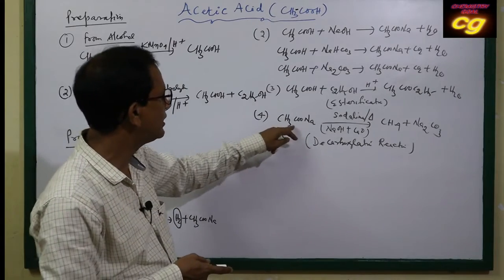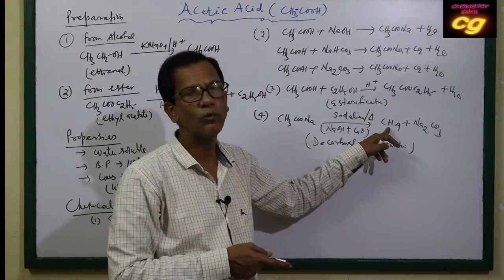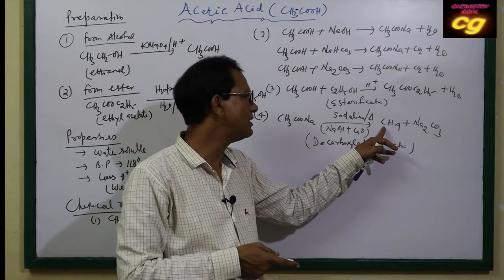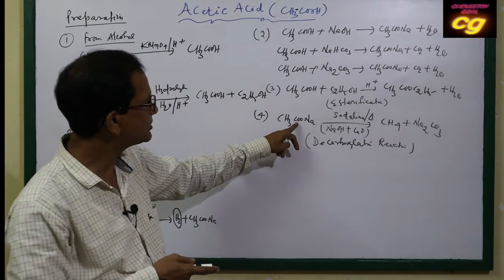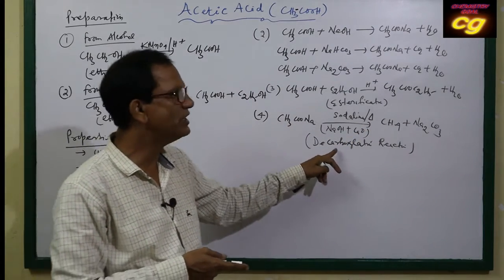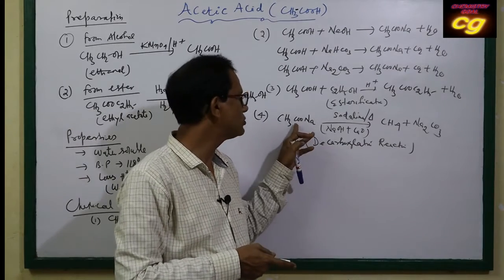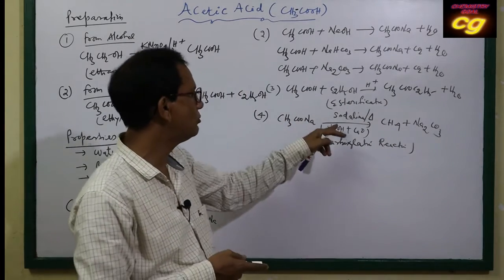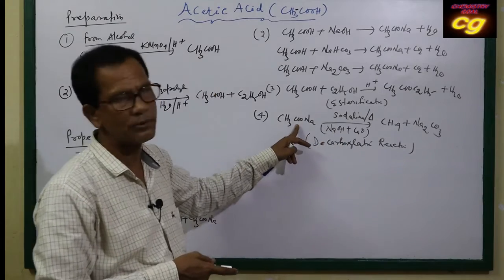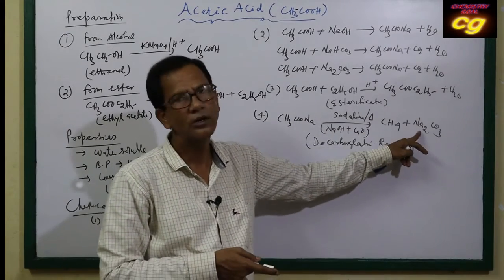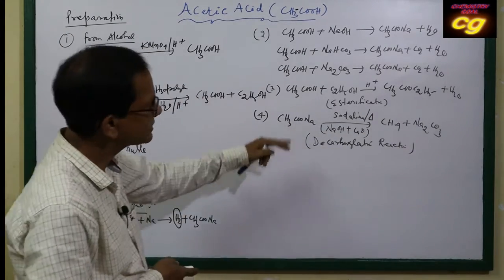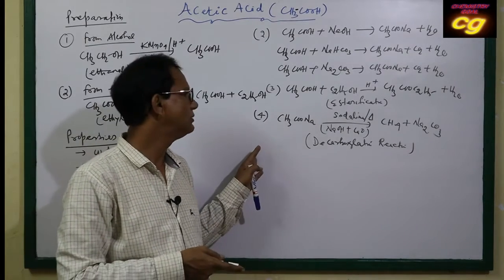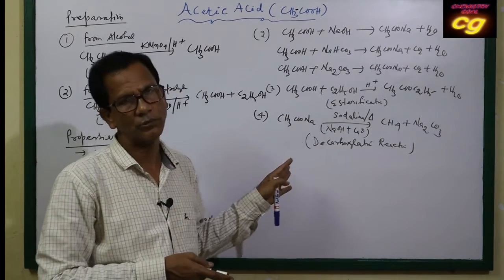Here acetic acid contains 2 carbons, here it is 1 carbon. That's what is called a lower member alkane is produced, and with the loss of CO2, that's what is called decarboxylation. The CO2 is lost in the form of sodium carbonate, because we have already taken sodium hydroxide, so the carbon dioxide is produced forming sodium carbonate. So this reaction is called decarboxylation. Loss of carbon, that is reduction of carbon.